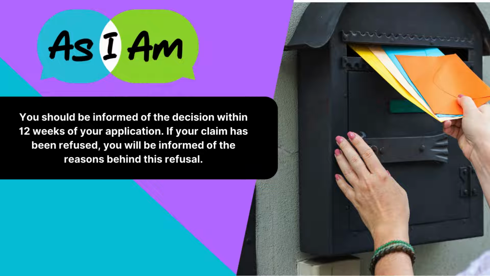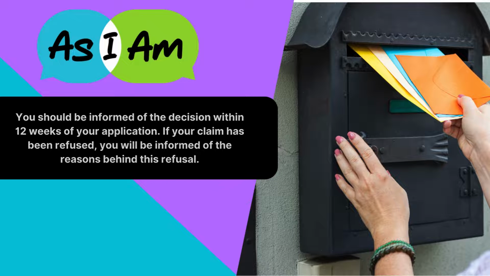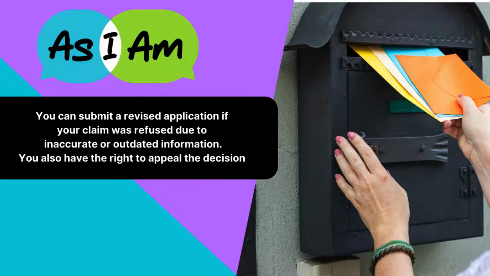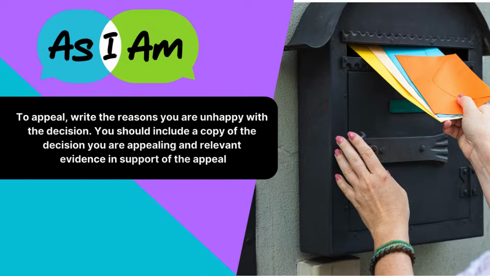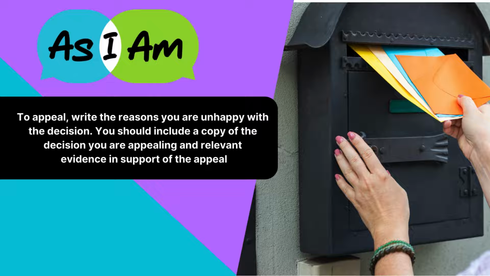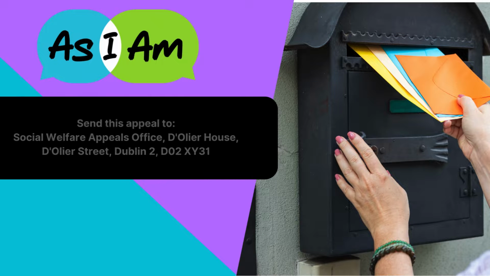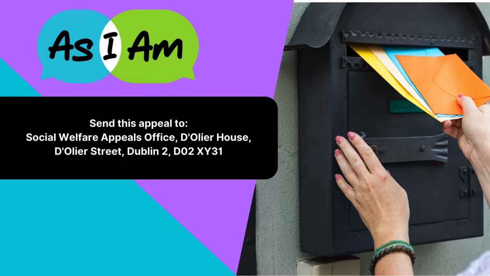If your claim has been refused, you will be informed of the reasons behind this refusal. You can submit a revised application if your claim was refused due to inaccurate or outdated information. You also have the right to appeal the decision. To appeal, write the reasons you are unhappy with the decision. You should include a copy of the decision you are appealing and relevant evidence in support of the appeal. Send this appeal to Social Welfare Appeals Office, Delir House, Delir Street, Dublin 2,